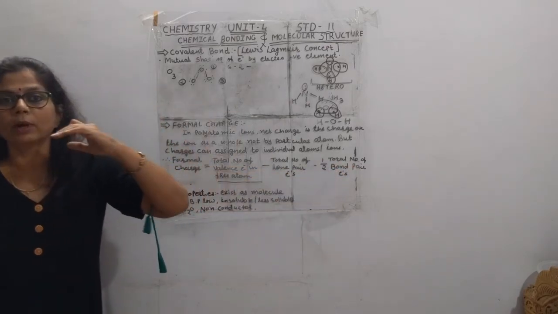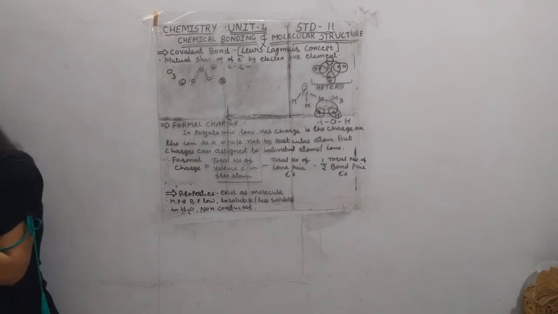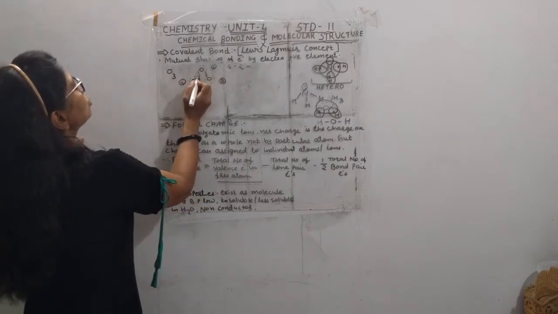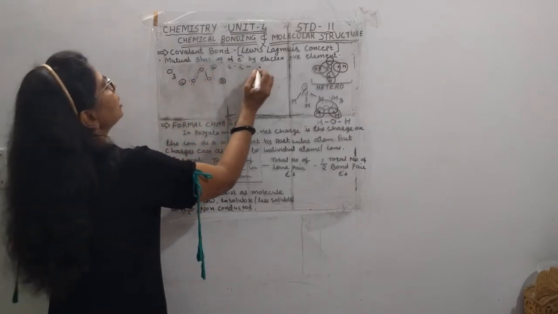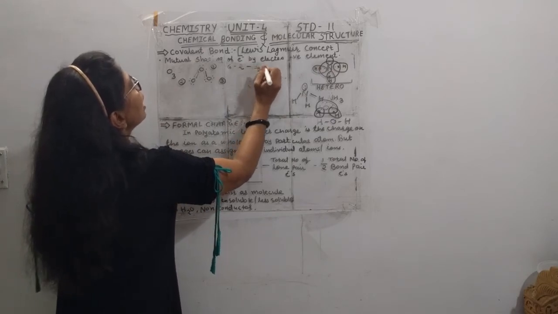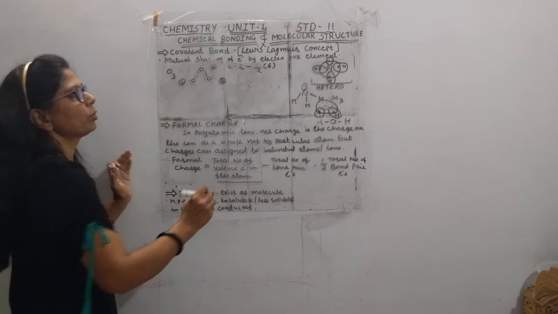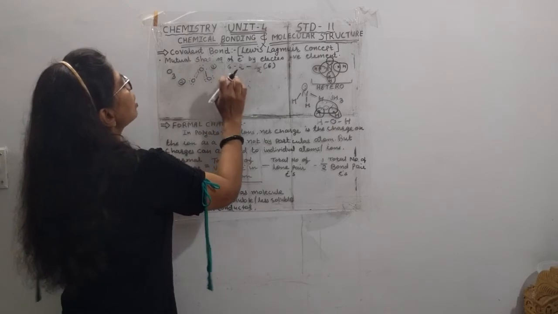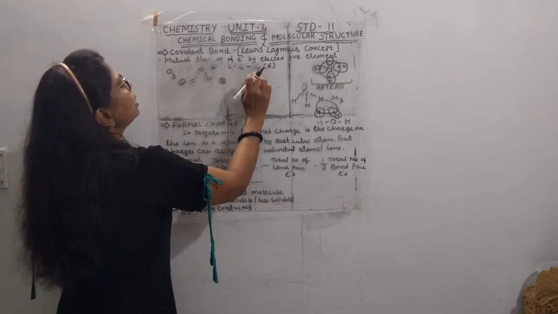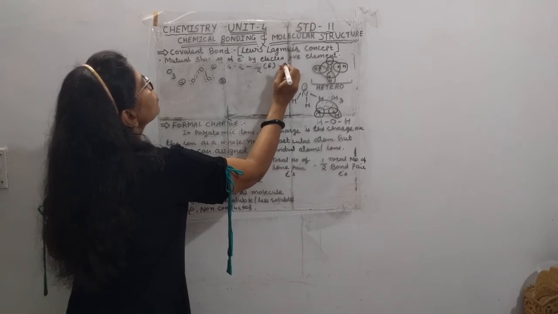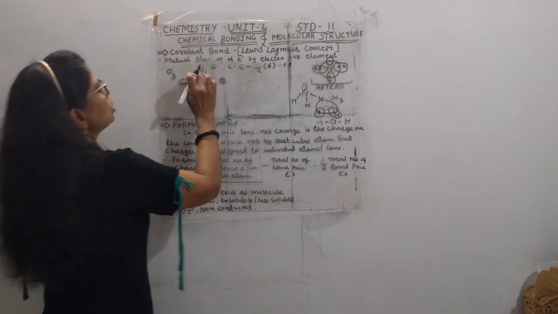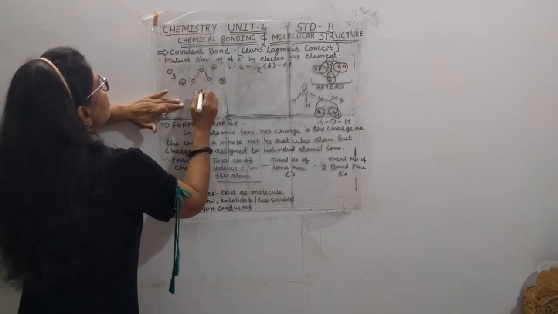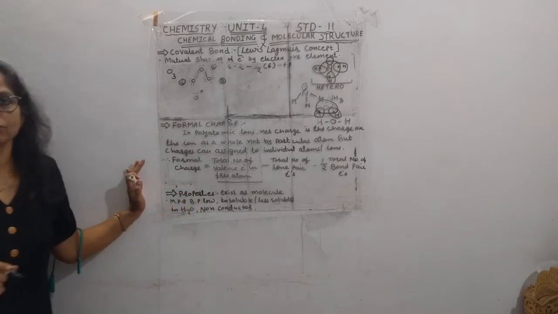Now how many pairs took part in the formation? So how many bond pairs are there, student? There are 1, 2, 3, 4, 5 and 6 bond pair electrons. So minus 1/2 of 6. So for the first oxygen, the charge is 6 minus 2, 4, and 4 minus 3 is equal to plus 1. So this oxygen has a plus charge. Why plus charge? Because it has one pair of electrons.